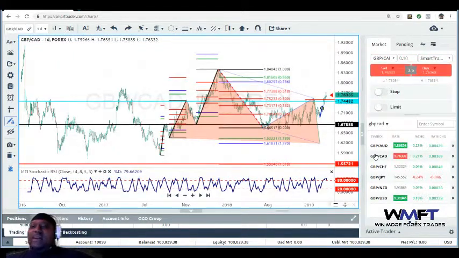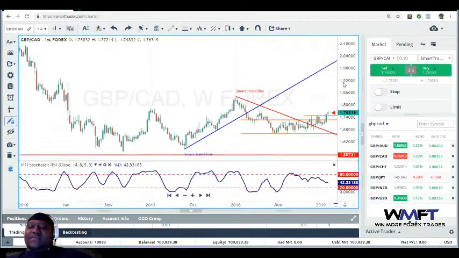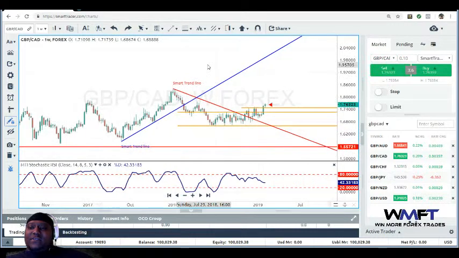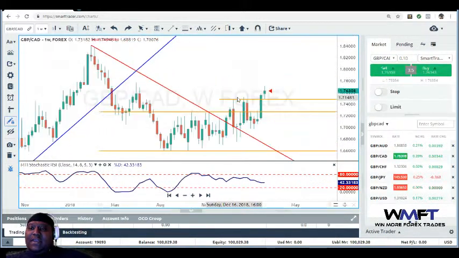So right there, we have one trade that we have already posted on the charts, and it's a sell. So let's see what we have on the Great British Pound, the Canadian dollar. All right, Great British Pound, we have a downtrend that has been broken. The market has broken this downtrend and has entered the buy zone. But we have consolidation here, and if you want to look at it, the market has broken this consolidation and it has broken beyond this other resistance level,